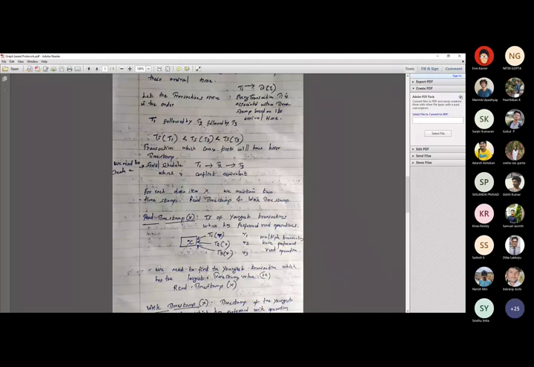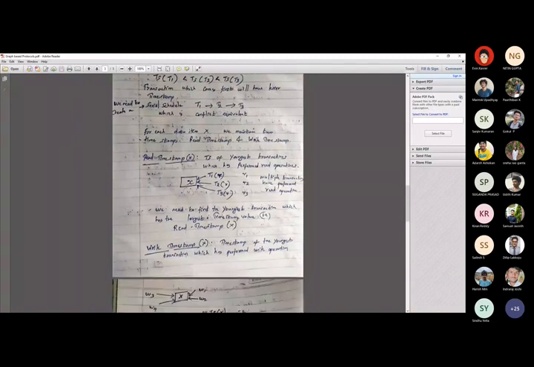So read timestamp is the timestamp of the youngest transaction which has performed the read operation, which has arrived last. So the youngest transaction which has performed the read operation is known as the read timestamp of a particular data item capital X. Similarly, write timestamp of X is given by the timestamp of the youngest transaction which has performed